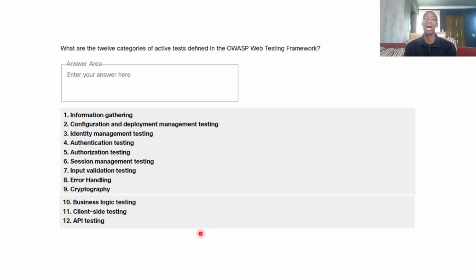And if you remember, our OWASP deals directly with web applications. Now, first things first, these are the 12 categories of active tests. The first one is information gathering, then configuration and deployment management testing, authentication testing, authorization testing, session management testing, input validation testing, error handling, cryptography testing, business logic testing, client-side testing,